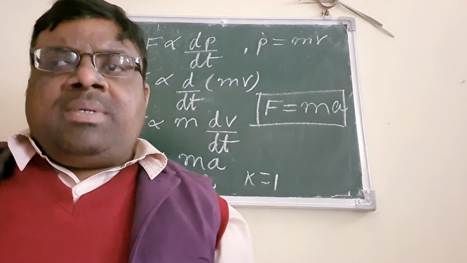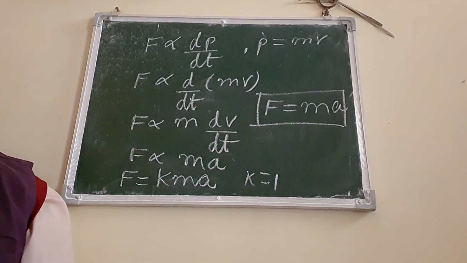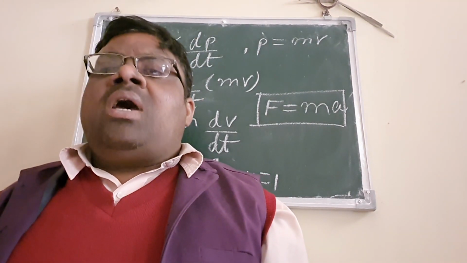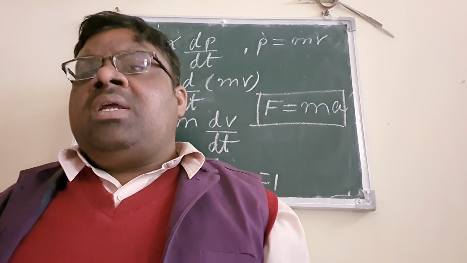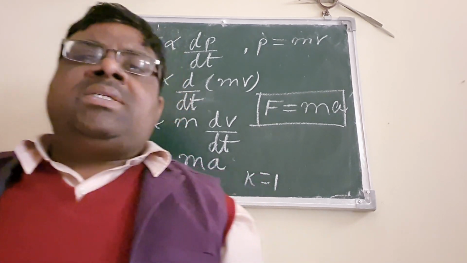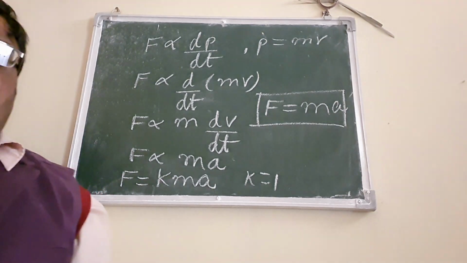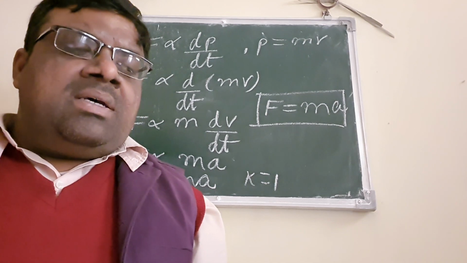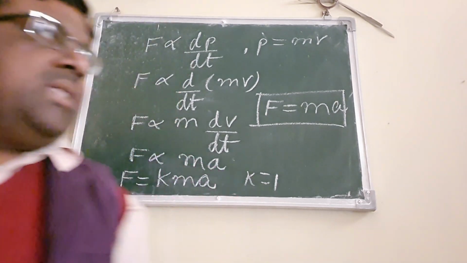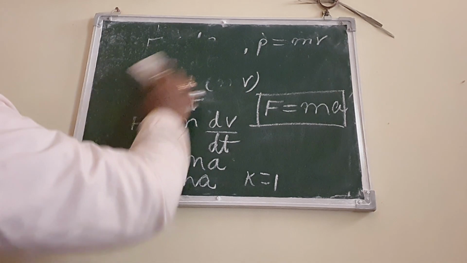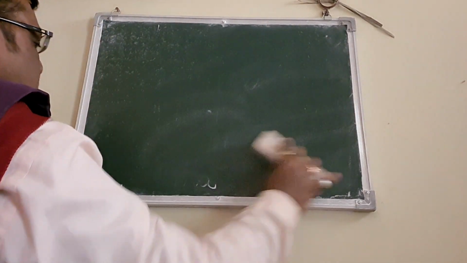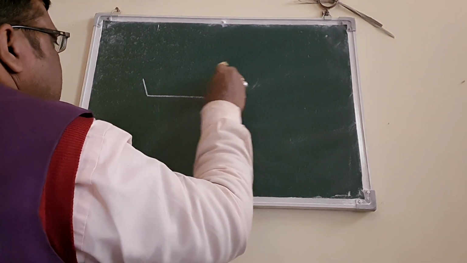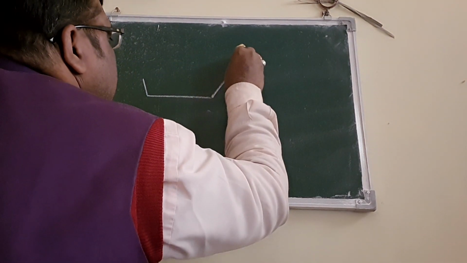So now we are coming to Newton's third law of motion. According to Newton's third law of motion, to every action there is an equal and opposite reaction. An action and reaction act on different bodies. We can understand this with the help of an example. The example is, suppose there is a person and this is a boat in which there is a person and it is standing on the edge of the boat